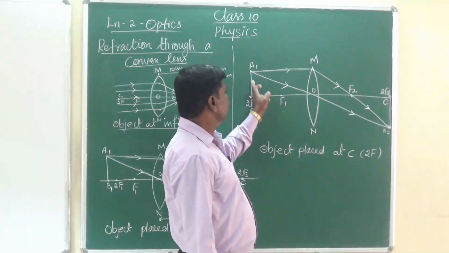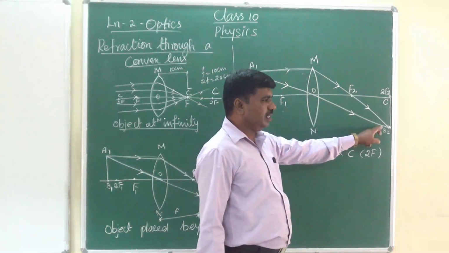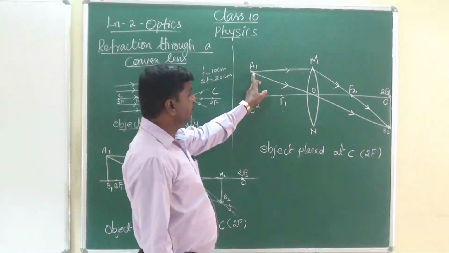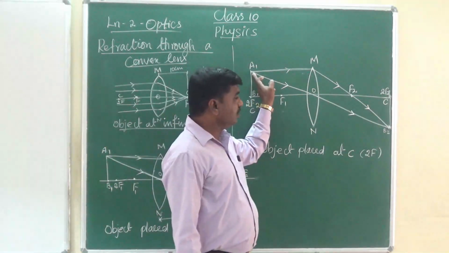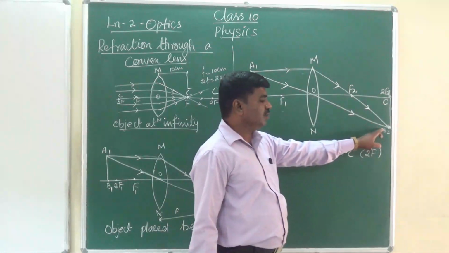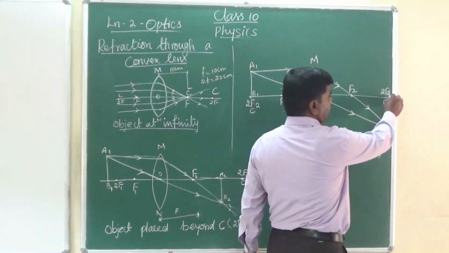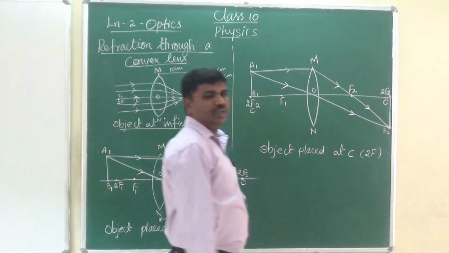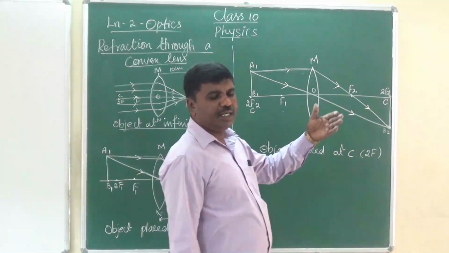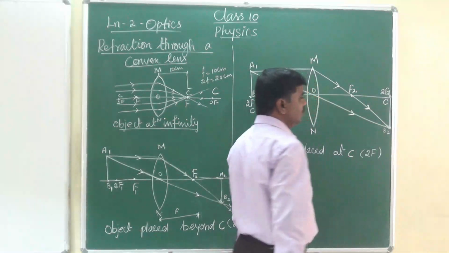The same way, the source from the 2f distance hits the lens and it takes deviation. Then another ray from the same point 2f passes through the optic axis and meets at one point. So where it is meeting means at the distance 2f. So if we keep a screen, we can see the image at the 2f distance.